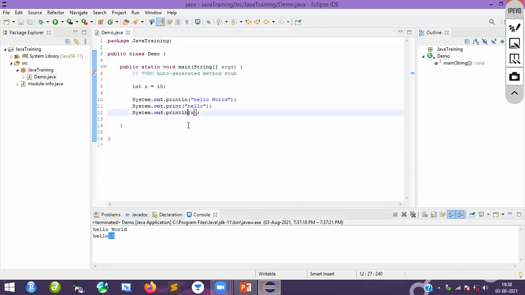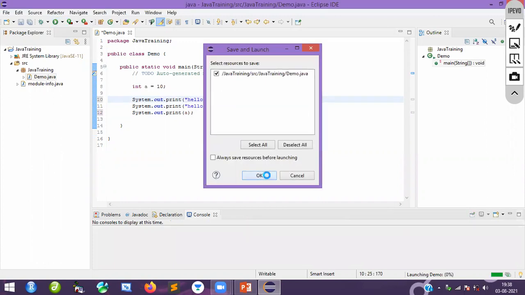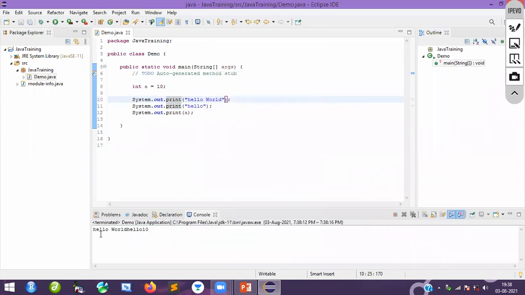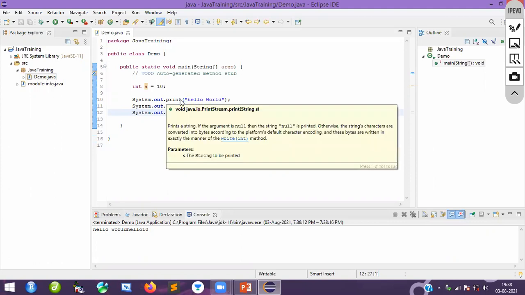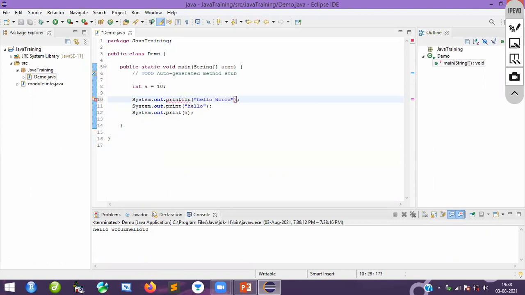What I will do is make everything print. See here, print like that. These are all the basic fundamentals you need to know. So this allow word is printing in one single line. Again, allow is also printing in one single line, as well as variable a is also printing in one single line. It is not going into the next line. If you want to go to the next line, what you need to do is add ln, nothing but print next line. ln is nothing but print in next line.